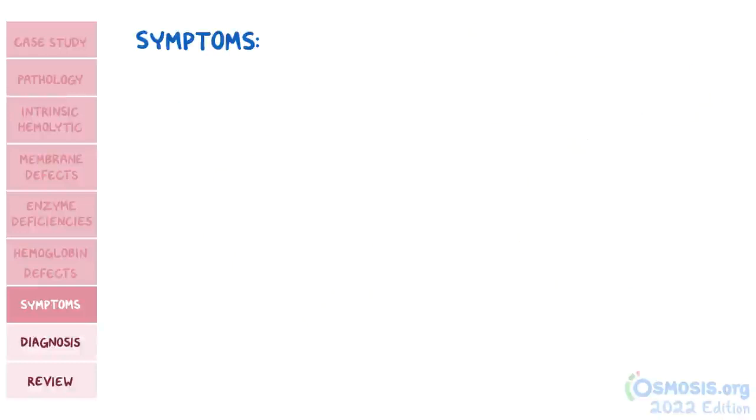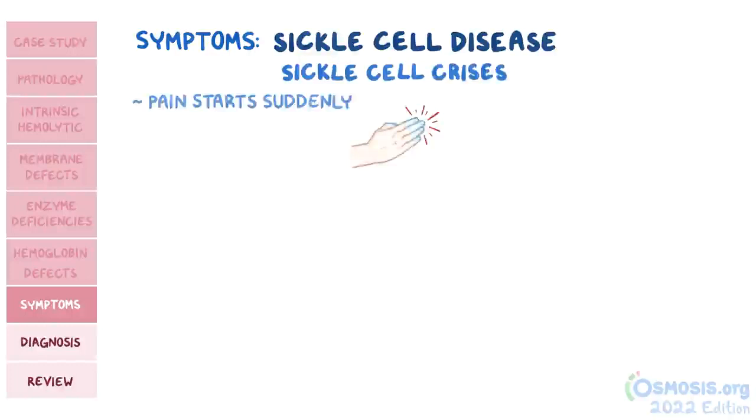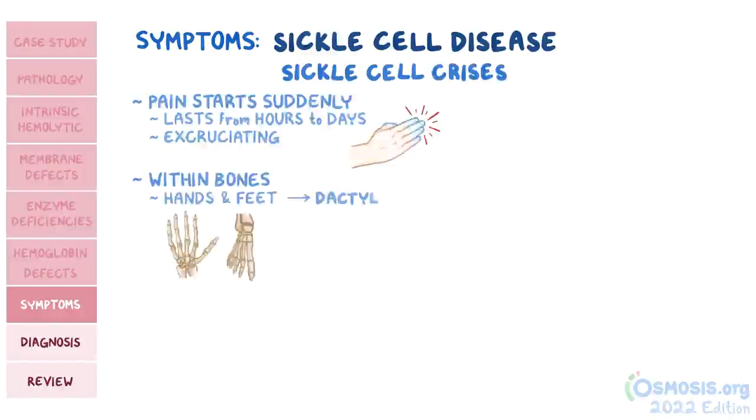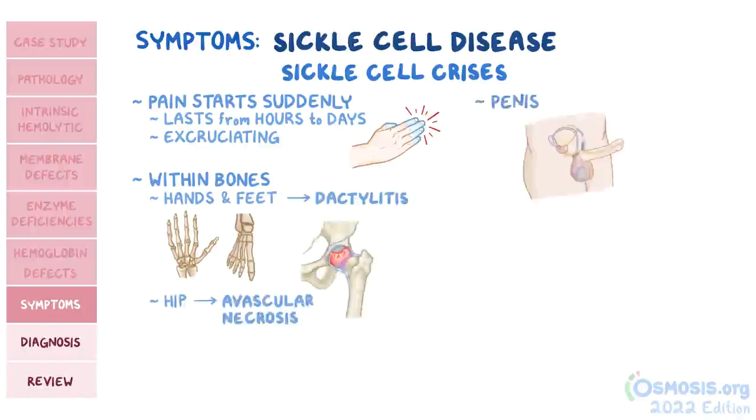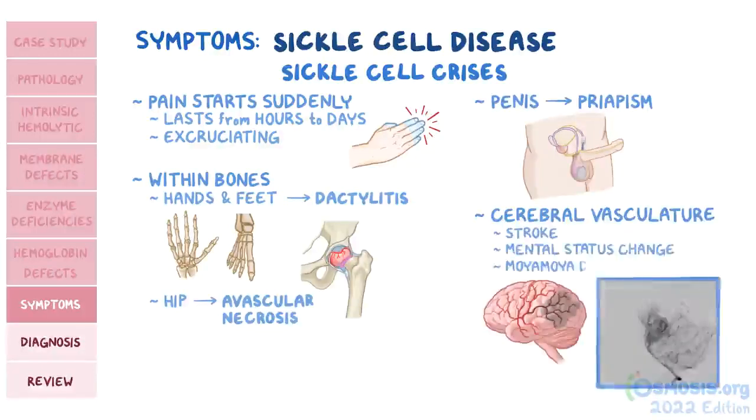Let's move on to hemoglobin defects, and specifically sickle cell disease. During sickle cell crisis, the pain starts suddenly, can last from hours to days, and is excruciating. It can occur within bones of the hands and feet, called dactylitis, in the hip, causing avascular necrosis, in the penis, causing priapism, and in the cerebral vasculature, causing a stroke, mental status changes, and moyamoya disease, named for the puff of smoke that you see on radiographs from the collateral blood vessels that develop over time to bypass blocked